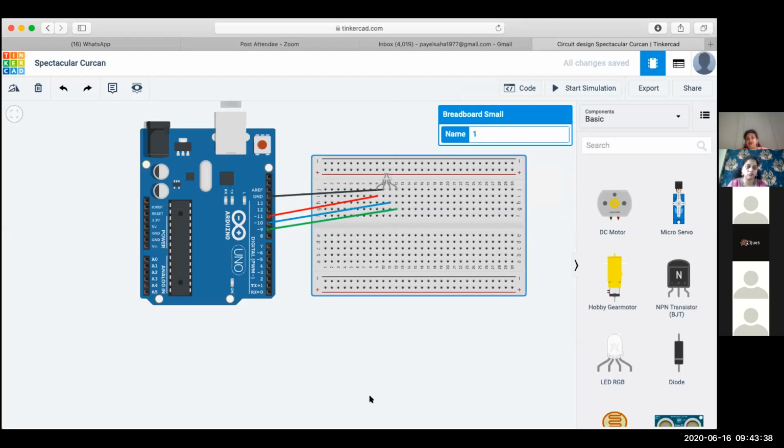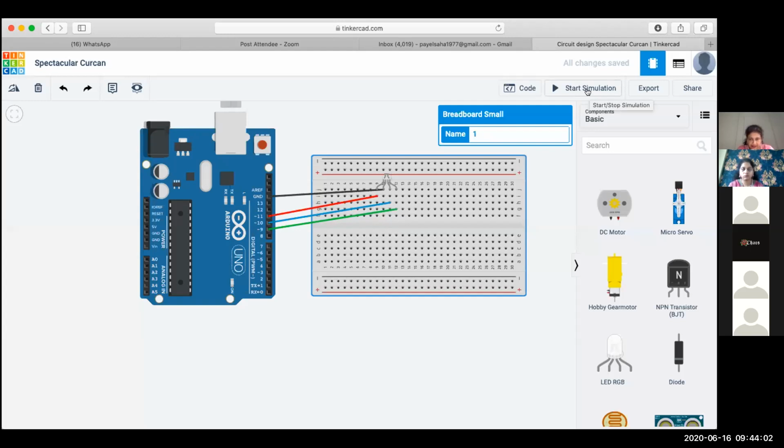Till now, I have not used the potentiometer feature. So now, I have not used any external battery also. I imagine that the Arduino is powered by the USB. When we start the simulation, automatically the Arduino will be powered by the USB cord. Okay, so if I start simulation, what will happen? Let us see what happens.